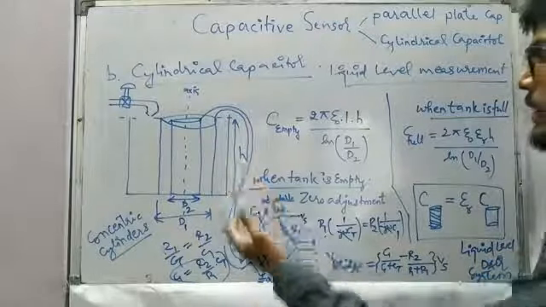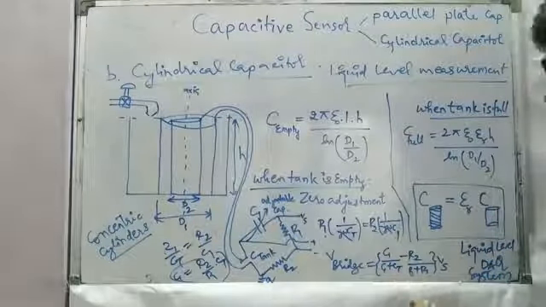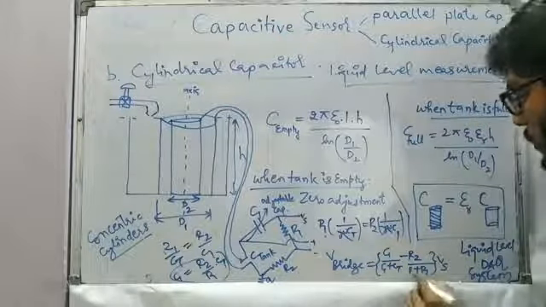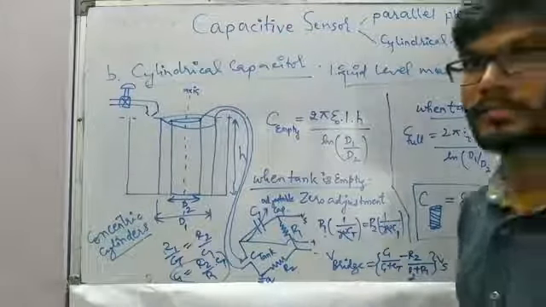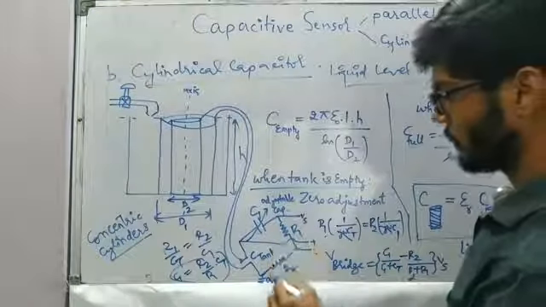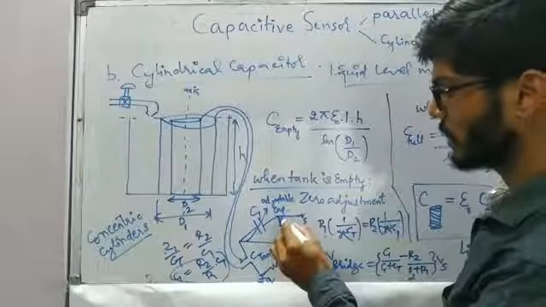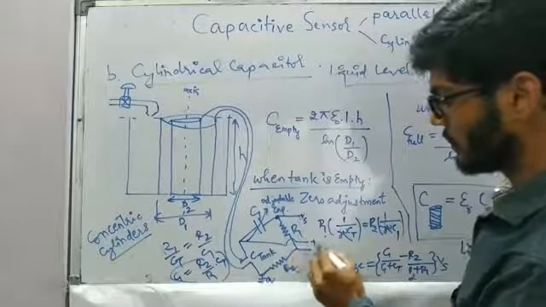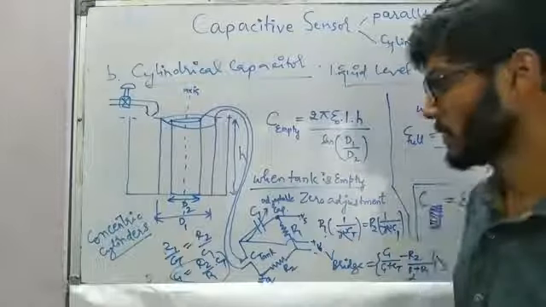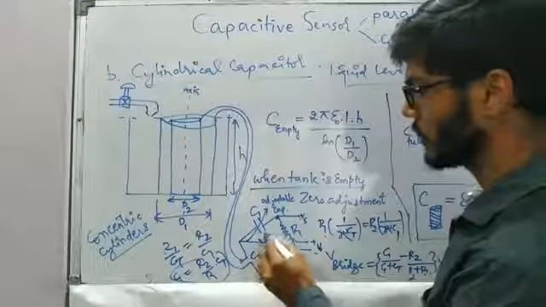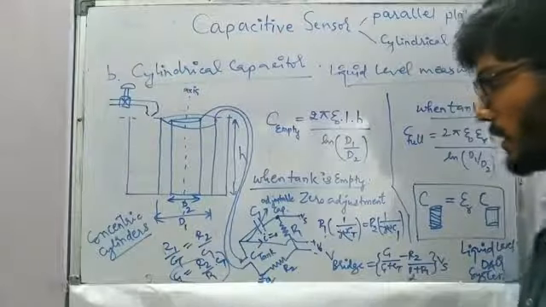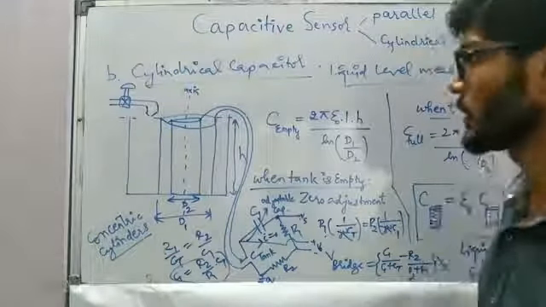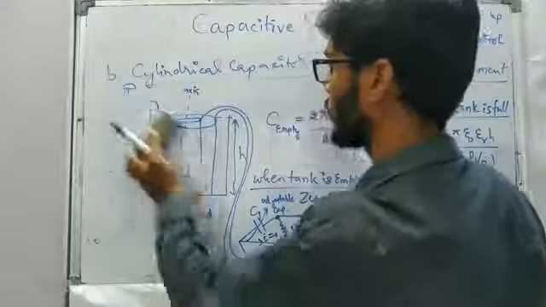So in that case, we can take the output voltage of the bridge as C1 by C1 plus Ct minus R2 by R2 plus R1. This is again simple voltage division, as we discussed in the case of Wheatstone bridges. If this point is 0 volt and the supply voltage at this point is Vs, and the meter resistance used to take the output voltage is infinite, this path is not going to draw any current. Now we just write simple voltage division. In the case of resistance, we write the voltage division as R2 by R2 plus R1.